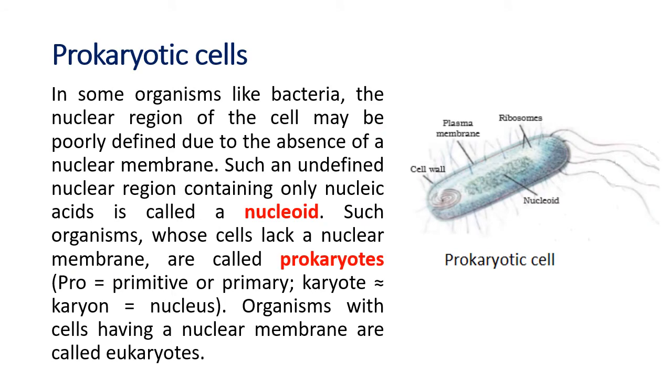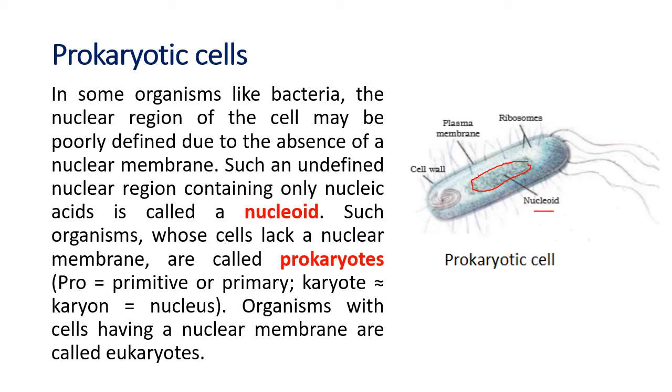Now, based on the nucleus, there are two types of cell, prokaryotic cells and eukaryotic cells. That is the classification of cells. Why is this classification done? It is done because not all the cells have a well-developed nucleus. Some cells, instead of a nucleus, have got a nucleoid. Nucleoid means a structure inside the cell without any membrane.